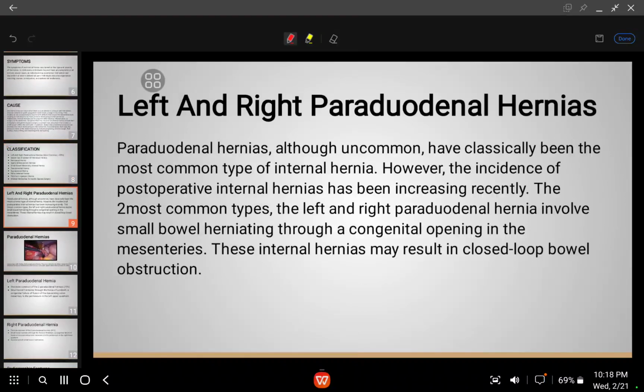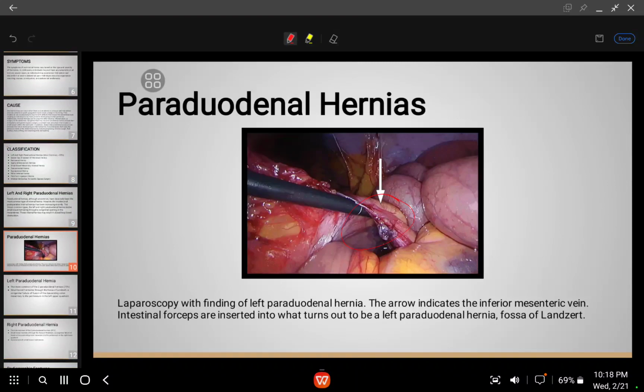So here the left and right paraduodenal hernias, although uncommon, have classically been the most common type of internal hernia. However, the incidence of post-operative internal hernia has been increasing recently. The two most common types, the left and right paraduodenal hernia, involve the small bowel herniating through a congenital opening in the mesenteries. These internal hernias may result in closed loop bowel obstructions. So here you can see the obstruction with the laparoscopic finding on the left side of the left paraduodenal hernia. The arrow indicates the inferior mesenteric vein, and the intestinal forceps are inserted into what turns out to be the left paraduodenal hernia fossa